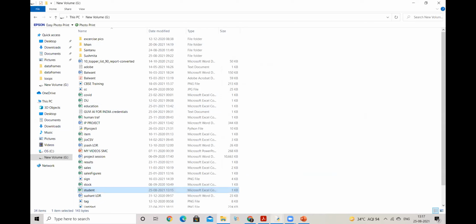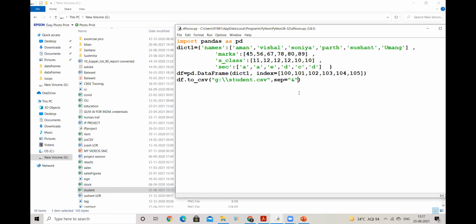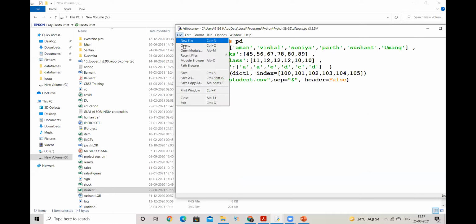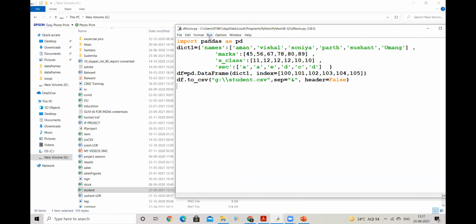So if I make a small change in my code by saying, please do not give me my header also, I don't want my header. Header is equal to False. F capital. False is a Boolean value. False and True, so F capital. If I do this and then save and execute my file,